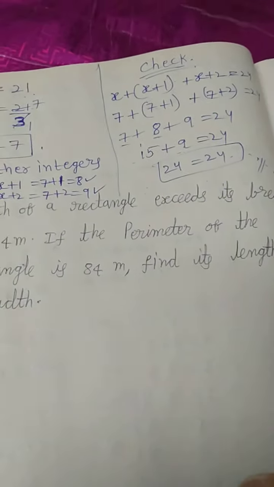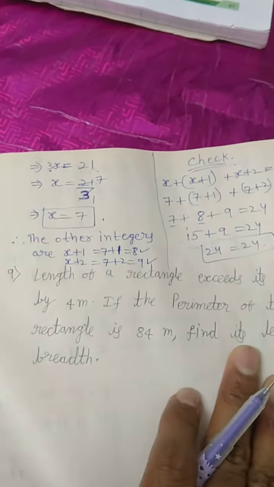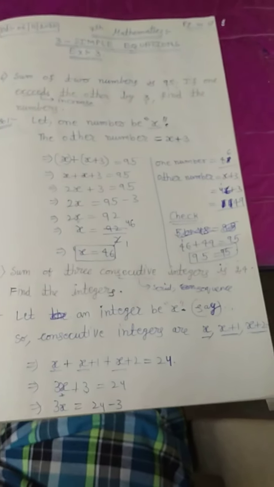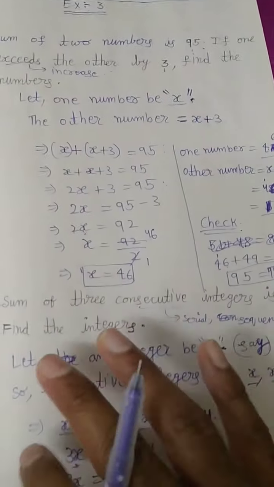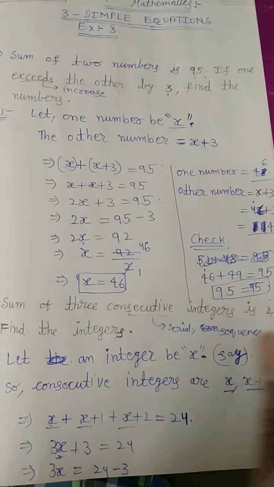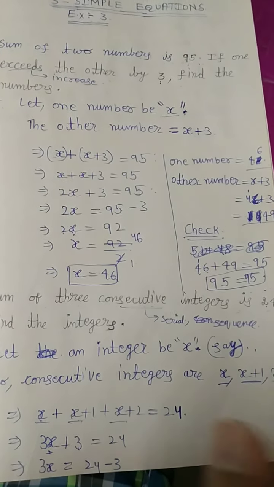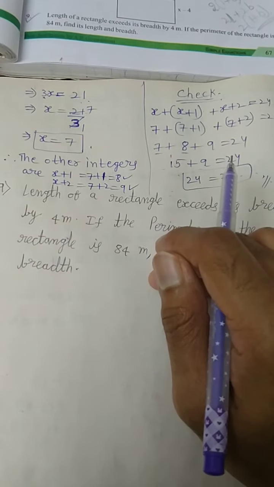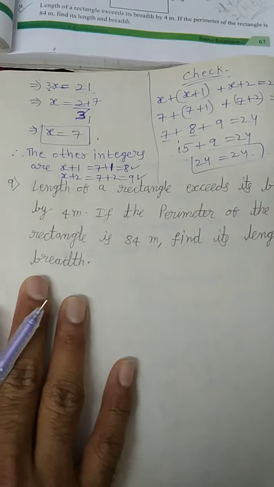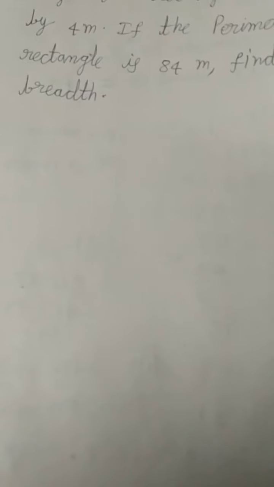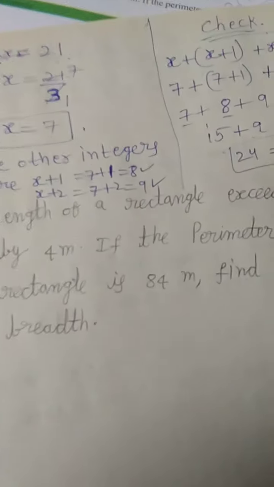Okay children, I think so. Have you understood? If you have understood, you can please note down this problem. Please note down this problem, and here this is one side and this is another side. Please note down, children, and copy. Okay children, next we shall go with the next problem. One more problem is there. I think you are getting my point.